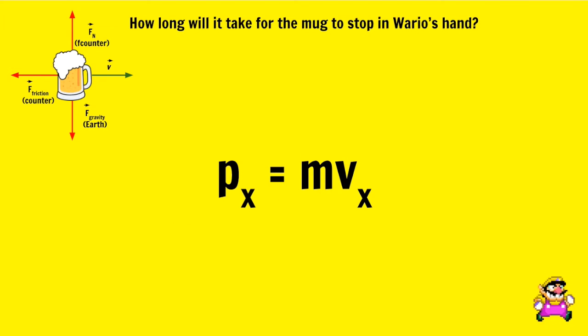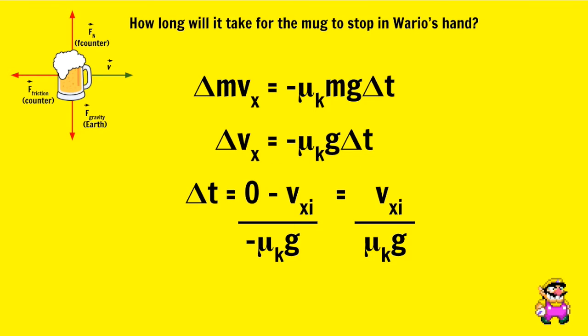To solve for the time delta t taken for the block to stop, we can now use the equation p equals mv to use what we were given in the problem. So now we see that delta mv in the x direction equals the negative coefficient of friction times mg times delta t. Isolating delta t, we can substitute our final velocity subtracted by our initial velocity all over the negative